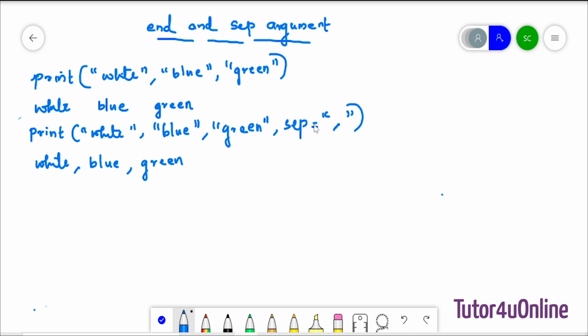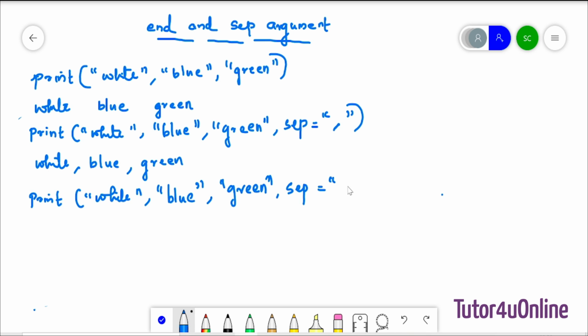Now we can use both the sep and the end argument in the same print statement. Print white, comma, blue, comma, green, comma, sep is equals to, in double quotes, I am writing colon, put colon as the separator, then comma, end is equals to 3 exclamation marks.